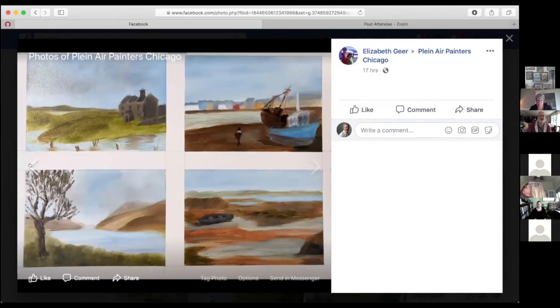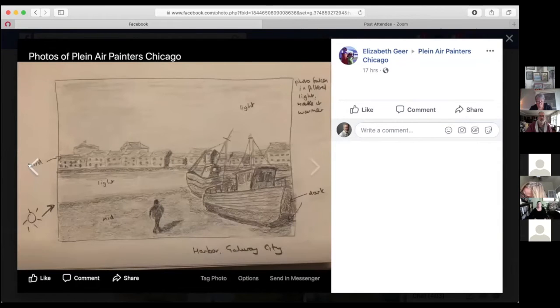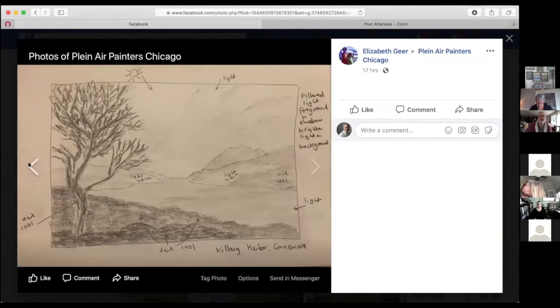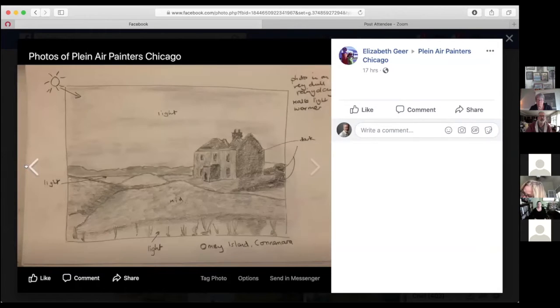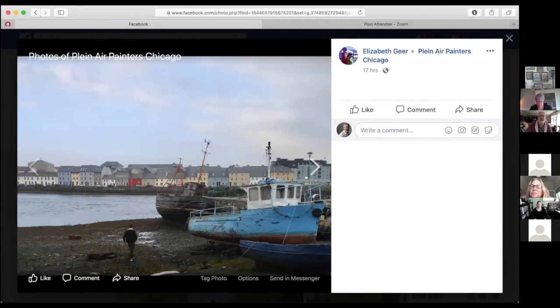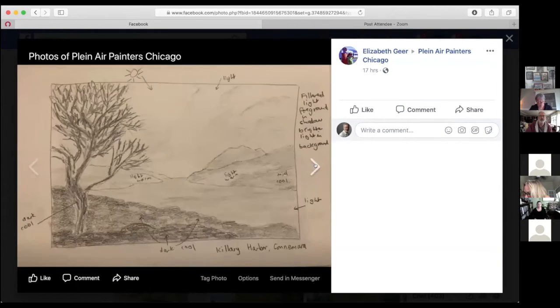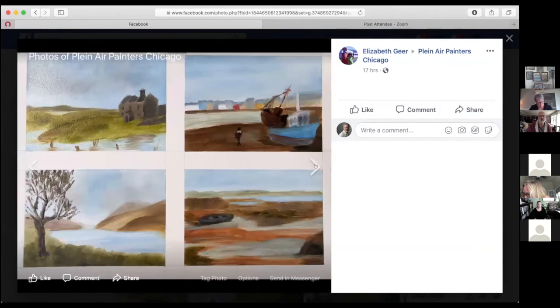Elizabeth, I love your sketches, Elizabeth. These are really good studies and excellent photo references. But let's look at each one of these briefly,